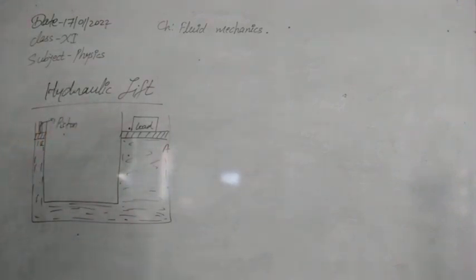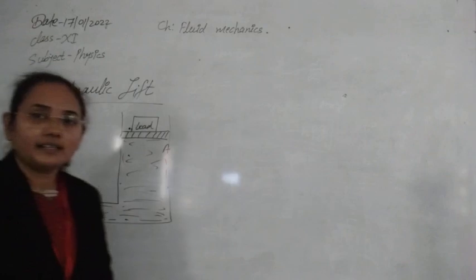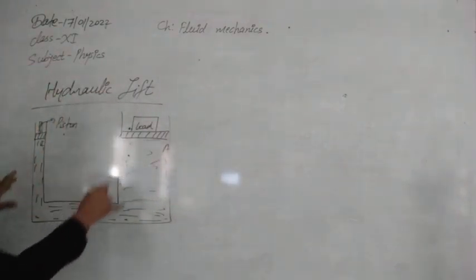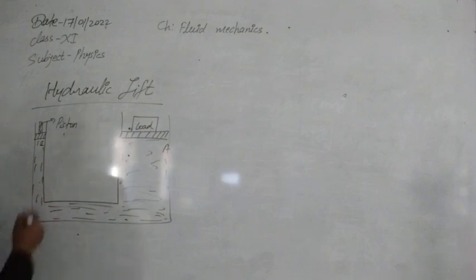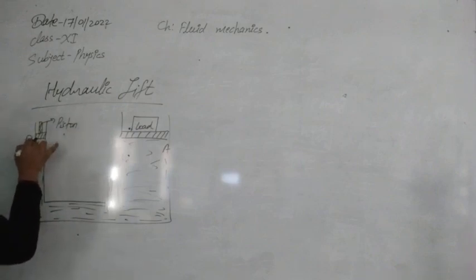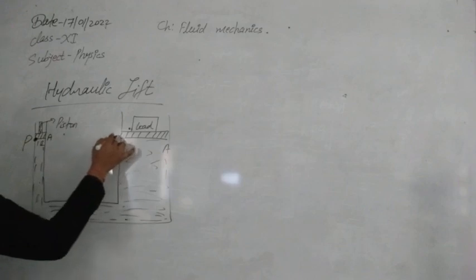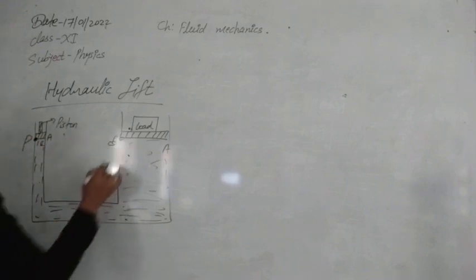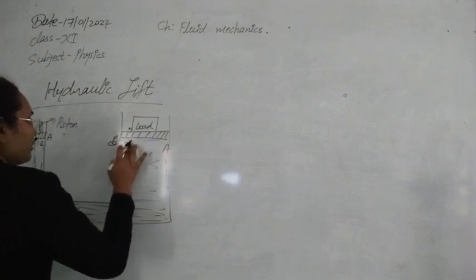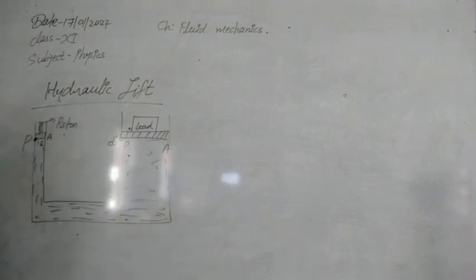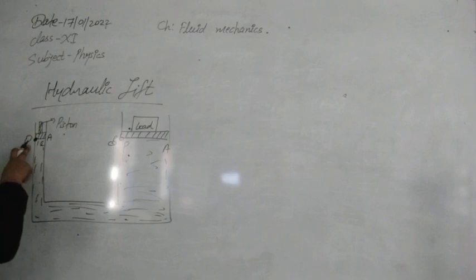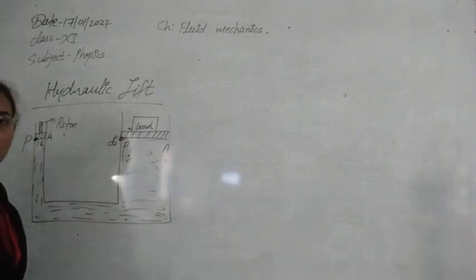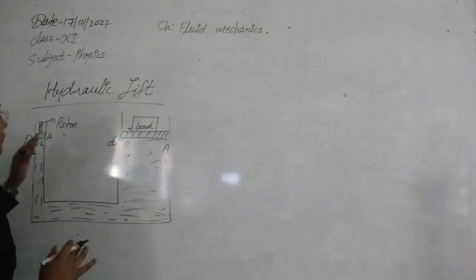Pascal's law says that when the gravity effect is neglected, the pressure at every point will be the same. If you look at this instrument, the gravity effect can be easily neglected. Suppose this is point A and this is point B. If the pressure at A is P, then the pressure at B should also be P according to Pascal's law. Whenever the pressure changes here, that pressure will be transmitted, and excess pressure will be created here. This is our working principle for the lift.